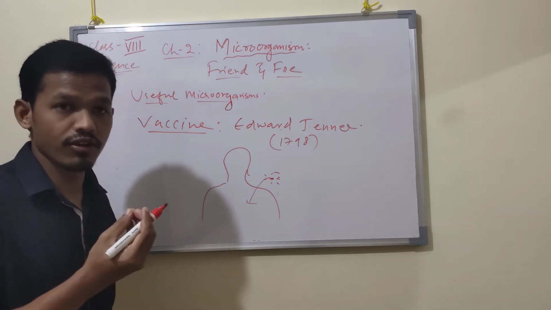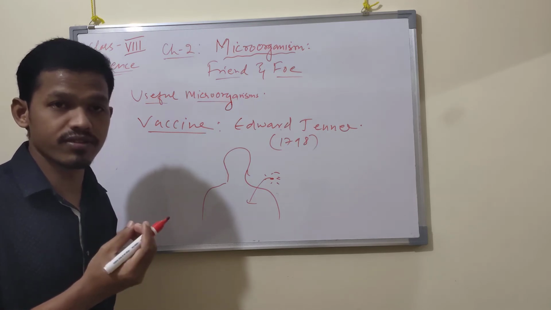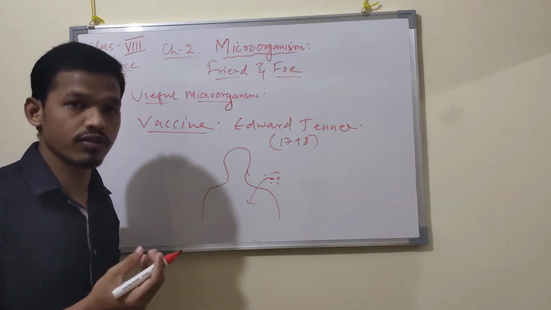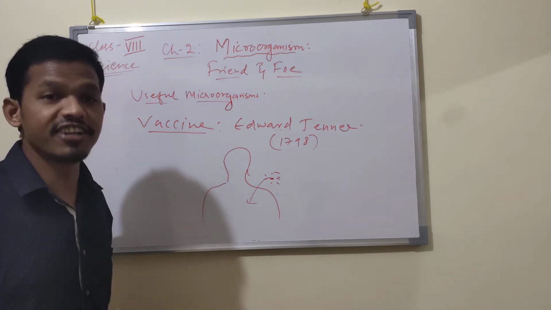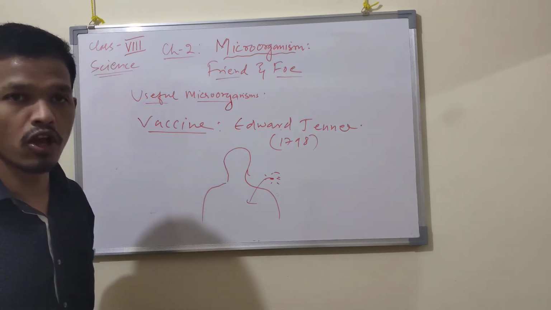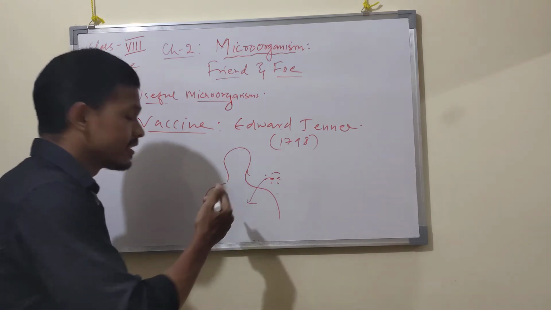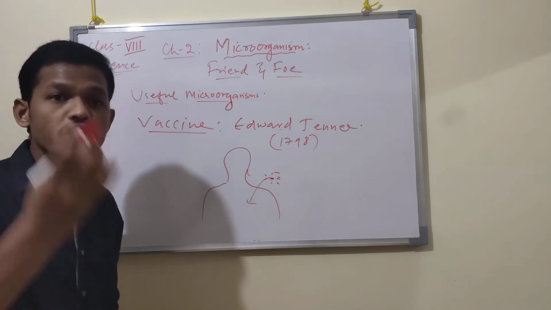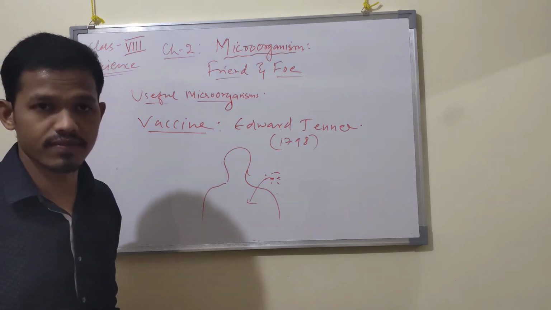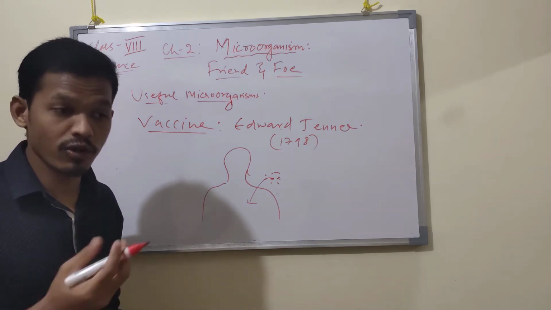While eating fruits, vegetables, raw foods, there also it contains some microorganisms. They can also enter into our body easily. Also the air you breathe also contains some microorganisms. Through air also,